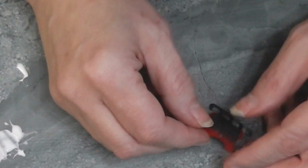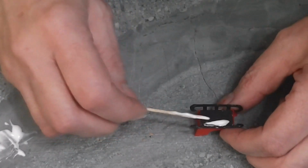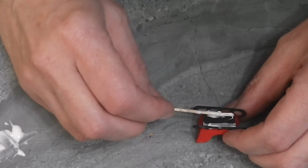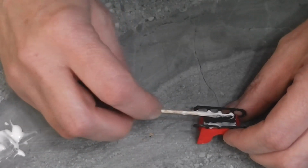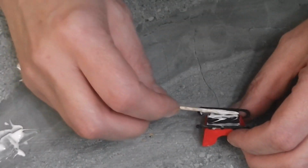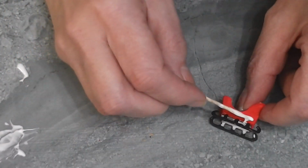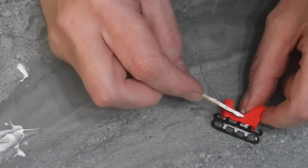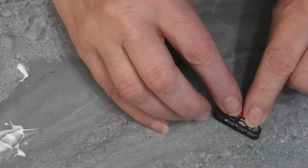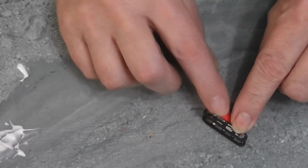Now, a couple of lines of glue that might seem strange to you, but it works. I've put together multiples of these trying to get this pattern right, and I found this worked really well. Put a line of glue on each side, and then another one. Don't really need much there. That's not touching. Now, lay this on its side so that your work surface is holding the bottom runner flat,